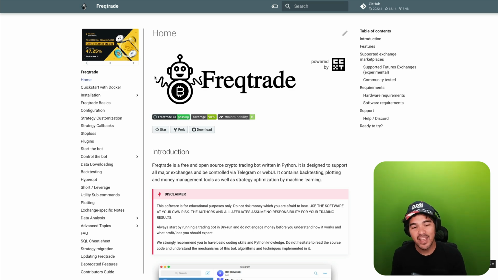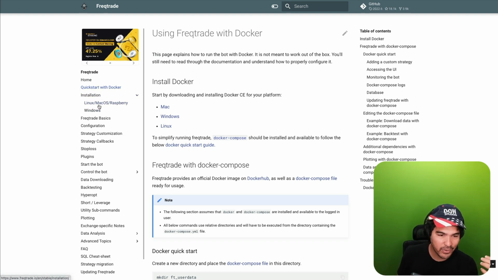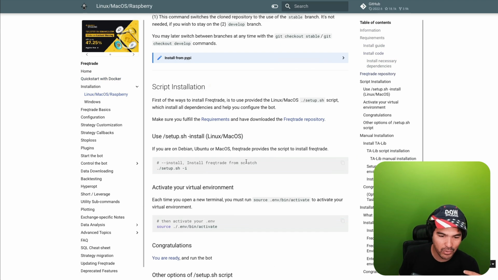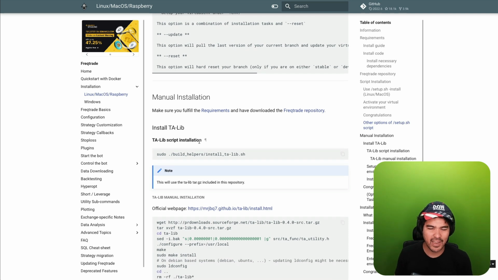It's at freqtrade.io. You can Google it, you know how to do it. And you want to go to Quick Start with Docker. I'm going to use Docker to install this. Technically, you can do this manual installation and run all these different scripts and whatnot, install all these packages separately, but it's actually a little bit more complicated